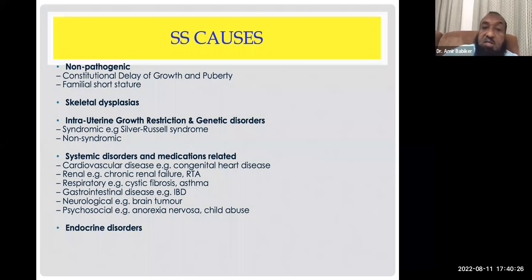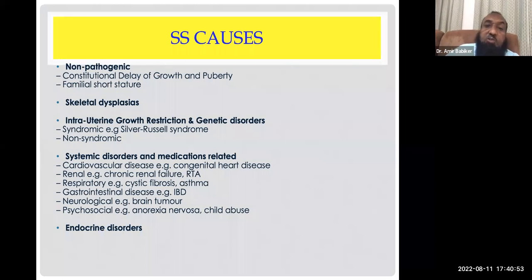There is a difference between the two terminologies, maybe you took it in the neonatal session. But for us, we are using the terminologies interchangeably here. When we say IUGR or SGA, it means the same category, that this is a patient who did not catch up by 2 to 4 years, depending on whether you are following the American or British school. So they can be non-syndromic or syndromic.